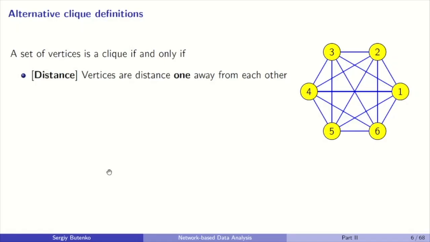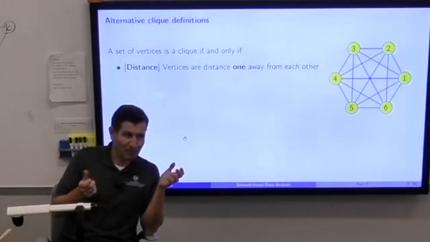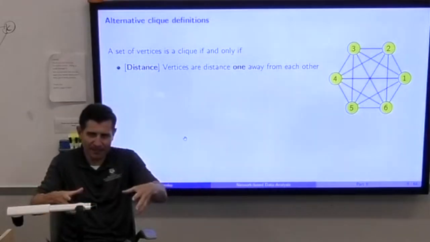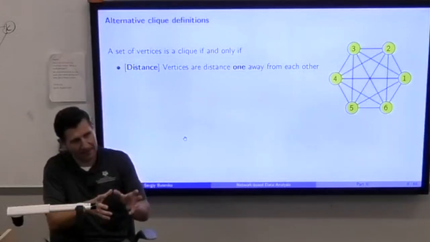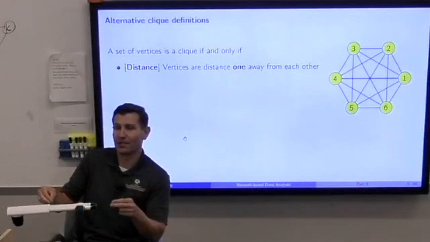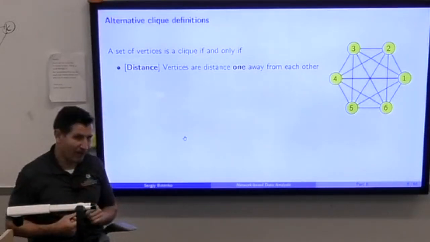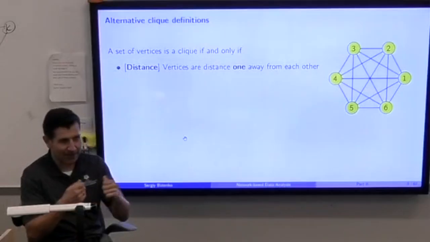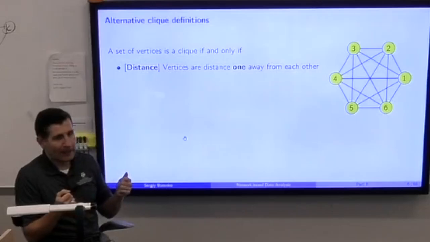The idea of these elementary clique defining properties goes as follows. Clique, the way we defined it, is what? First, we said it's a subset of vertices that induces a complete graph. Then I think formally the way we stated the definition was, we said it's a subset of pairwise adjacent vertices. How about trying to look at different graph theoretic concepts characterizing the vertices or edges or graph structure, and